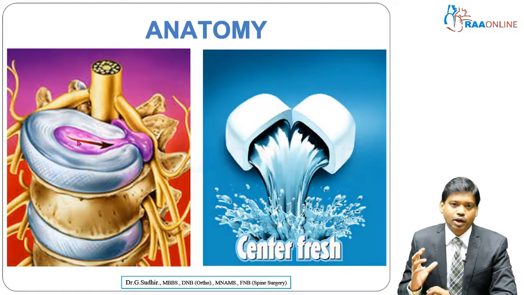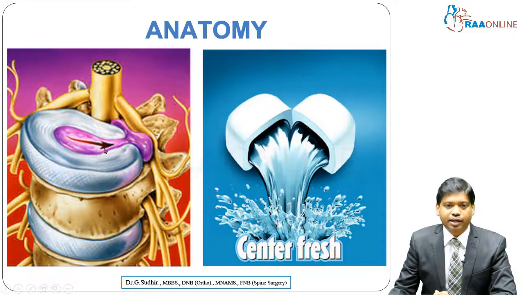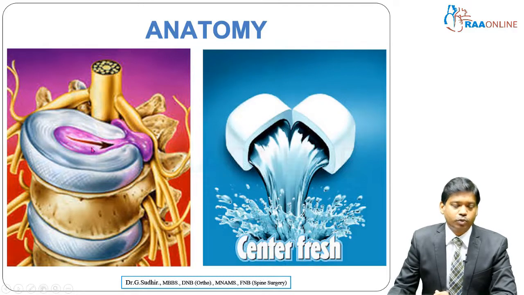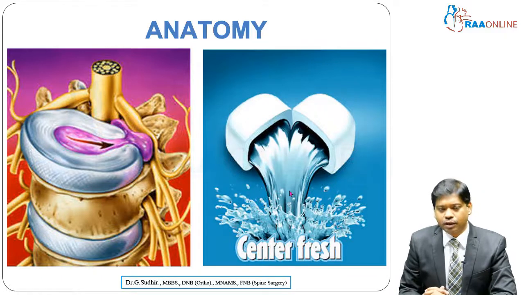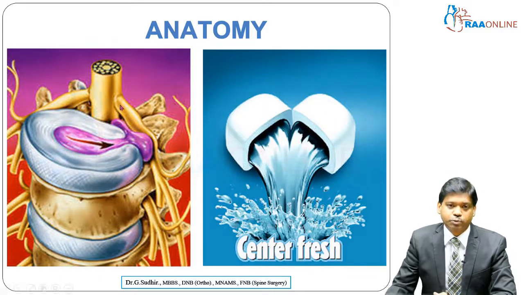It's because it has an outer tough layer called the annulus fibrosus and an inner gel-like material called the nucleus pulposus. This nucleus pulposus is nothing but a remnant of the notochord during embryogenesis. And this annulus fibrosus is made up of concentric lamellae, and it is a tough structure just like the center fresh chewing gum. When we commonly use the term intervertebral disc prolapse, it is basically the prolapse of the inner gel-like material, that is the nucleus pulposus, which is coming out through the outer layer, which is called